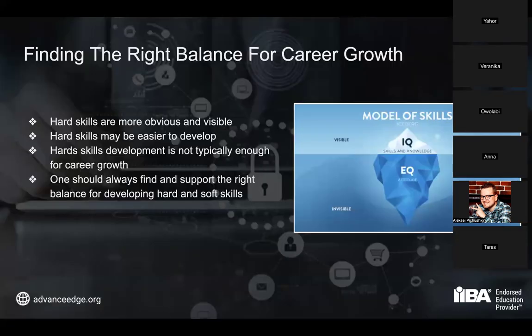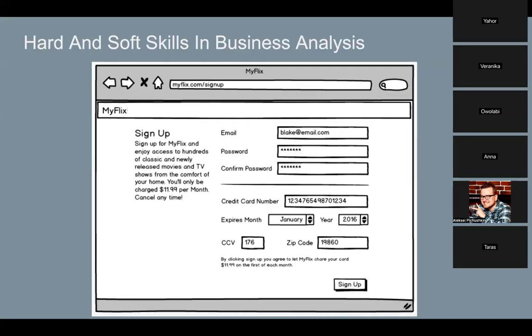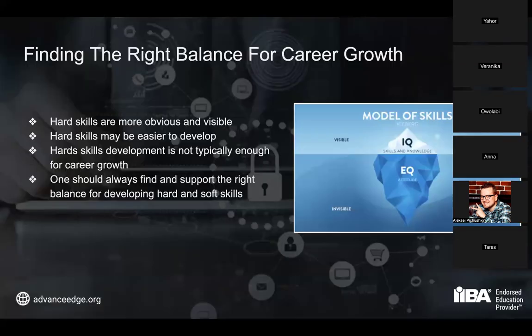One other important thing, I have already mentioned that hard skills are maybe easier to develop because they are more obvious, right? If you don't know how to make a wireframe, you understand this well. For example, you are being asked, please create a wireframe for the sign-up form, and you think, well, I have never done this before. I don't know how to approach this. You understand this very easily. You can Google it. You can find a video, a tutorial. You can find other examples from other platforms, and you can deal with this pretty quickly, right? So this is easier to understand than the soft skills.